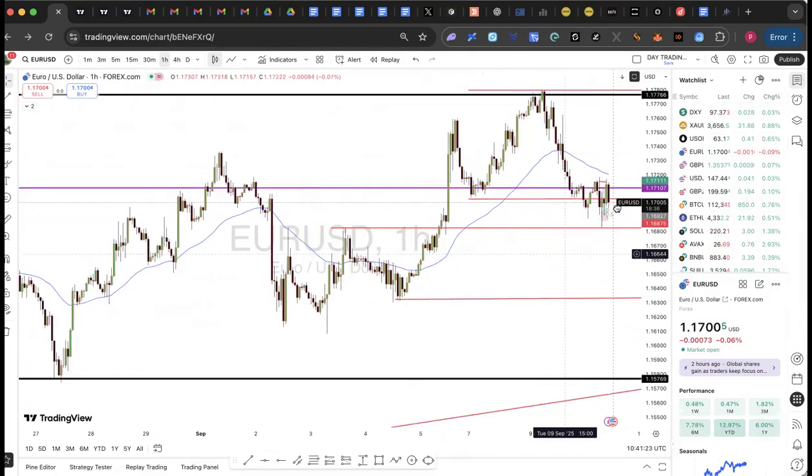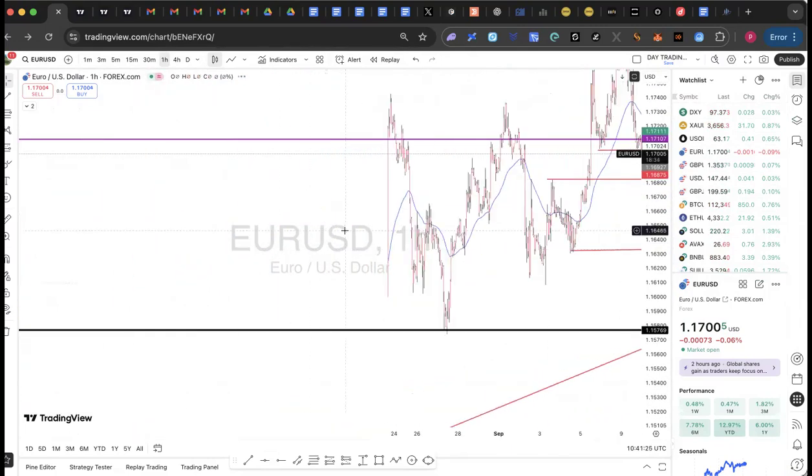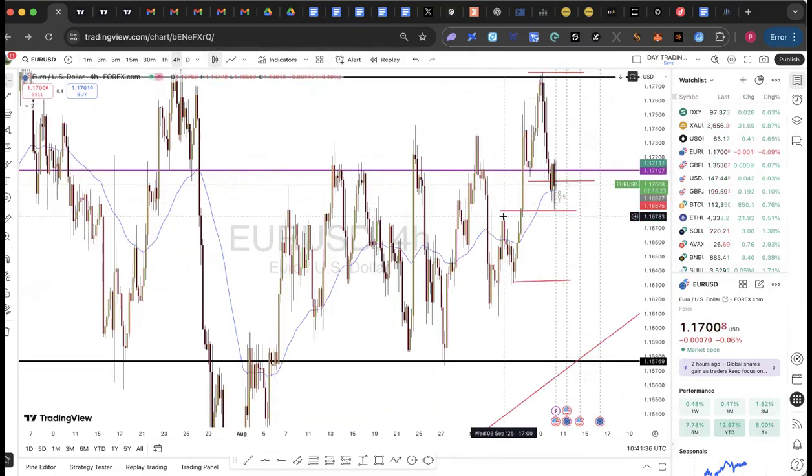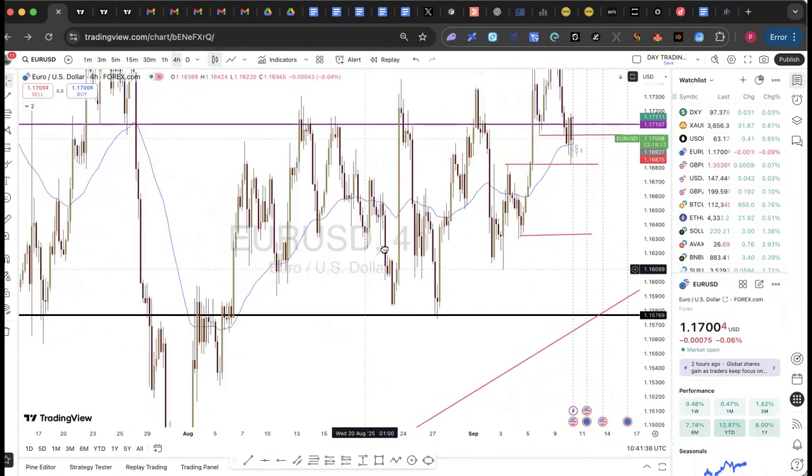Temporarily. But if you look at it overall, even if you look at it on 1 hour, you know that this is an uptrend, but we have broken this. And so can we push back again? But if you go to 4 hours, you're going to see something very far. So if you go to 4 hours,